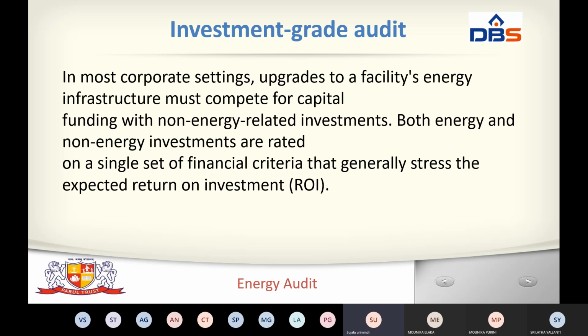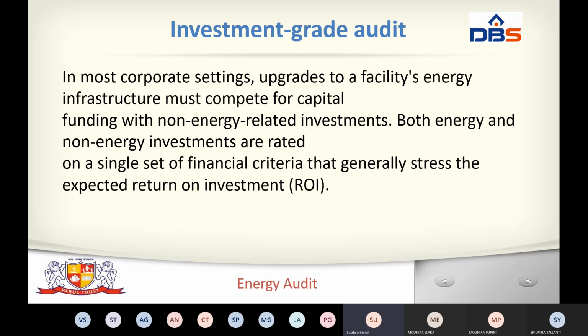This means here the most cooperative settings update that this must be capital funding with non-energy related investment. Both energy and non-energy investments are rated on a single set of financial criteria that generally stress the expected returns on investment. How much investment we have taken from this